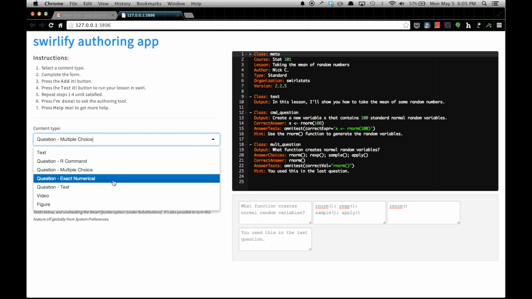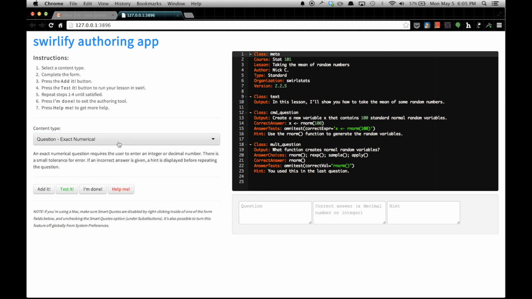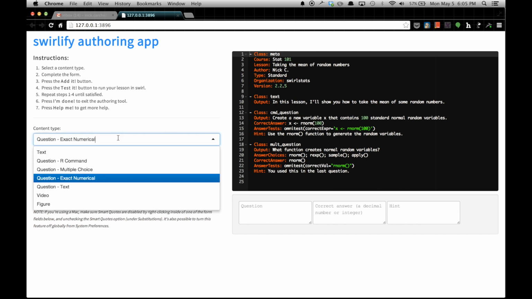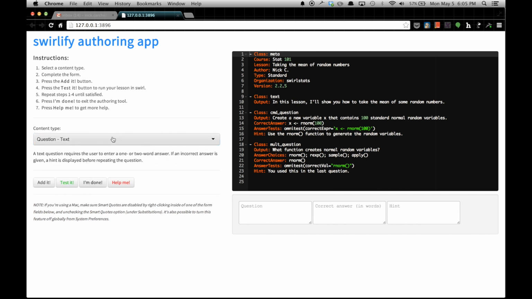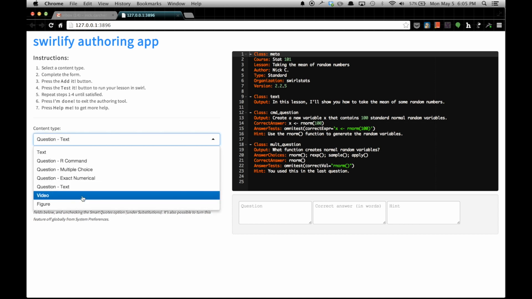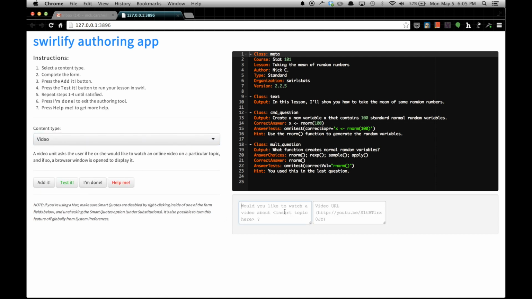You can do other types of questions here. Exact numerical is looking for an exact numeric input. Text would be looking for a word or a couple of words. We're just going to go ahead and maybe ask the user if they'd like to watch a video. So, would you like to watch a video on taking the mean of a bunch of numbers